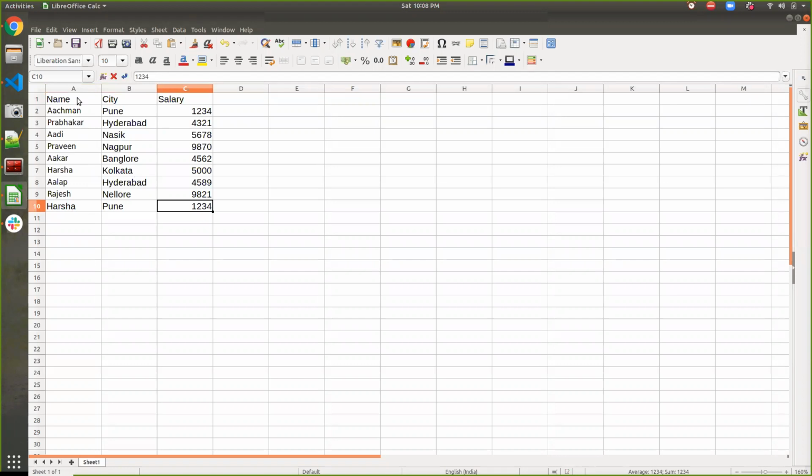You can also keep up to 5 TB of data. That data could be anything, structured or unstructured. Here I'm using only 3 columns: name, city, and salary. Similarly, you can keep millions of records, and on top of millions of records we can also apply the query. Now I'm saving this data as a CSV file.